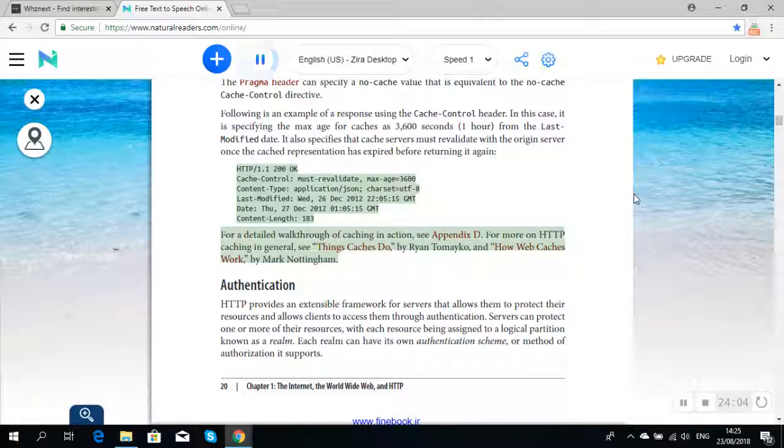For a detailed walkthrough of caching in action, see Appendix D. For more on HTTP caching in general, see Things Caches Do, by Ryan Tomayko, and How Web Caches Work, by Mark Nottingham. Authentication. HTTP provides an extensible framework